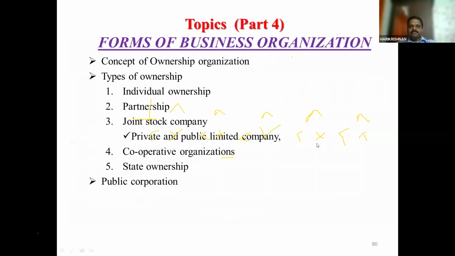Okay, then the last part of our class is types of business organization. So one is individual organization, partnership, joint stock company, cooperative organization, and state organization. These are the types of ownership. Okay, so